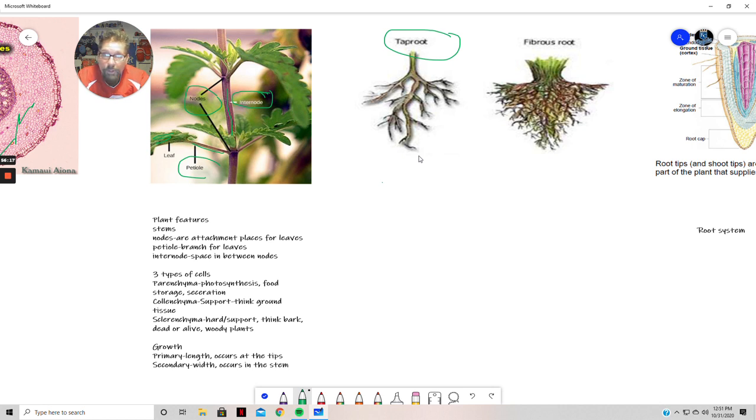Okay, that's why when a tornado comes through and houses get knocked down, trees are still standing or bushes are still standing, because those roots are so strong and they got such a good grip on the ground in there. They're anchored so well that even though the tops of the trees may be broken off, the tree itself is still in the ground,